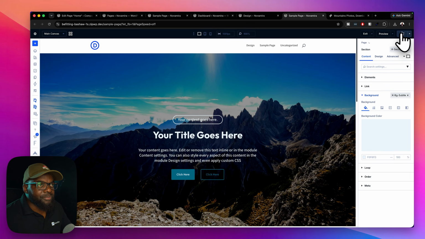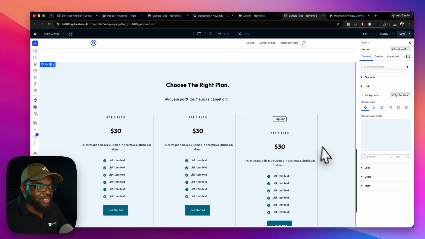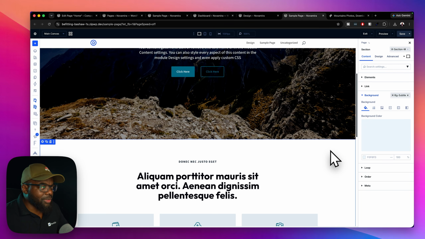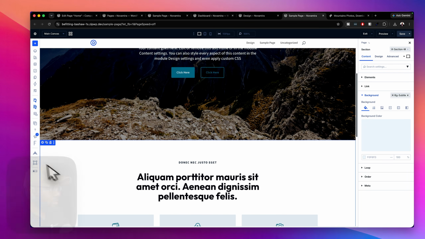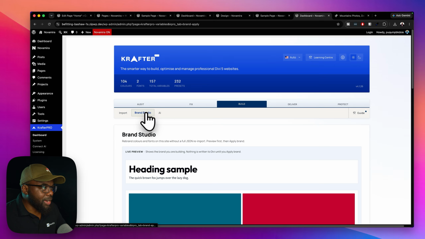So I'm going to hit save. All right, so now that we've saved this, I want to show you something very, very exciting. Let's say you want to rebrand this, change the colors all around, and go with something a bit more earthy, right? We're going to go back to KrafterPRO. Okay, so we're going to do a rebrand. So I'm going to come over here to Brand Studio,